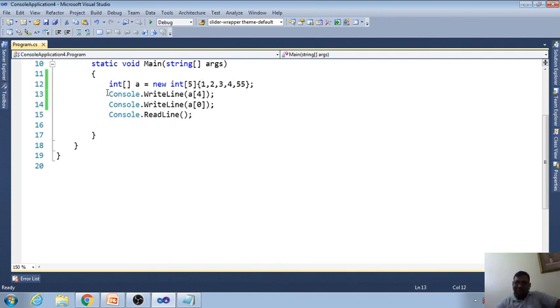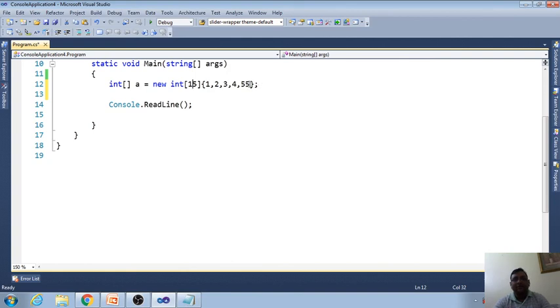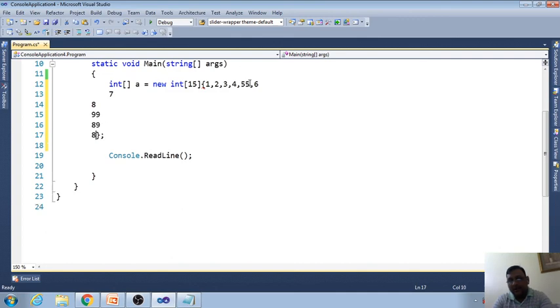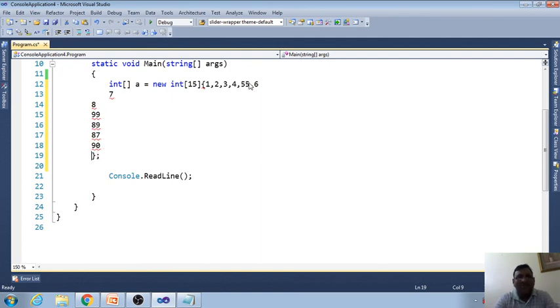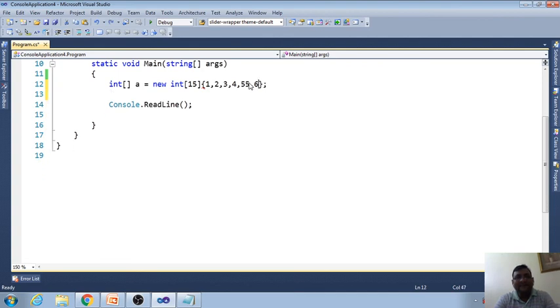Now the question is, for example, we have one array of size 15, and I am going to add the values 1, 2, 3, 4, 5, 6, 7, 8, 9, 10, 11, 12, 13, 14 and 15.